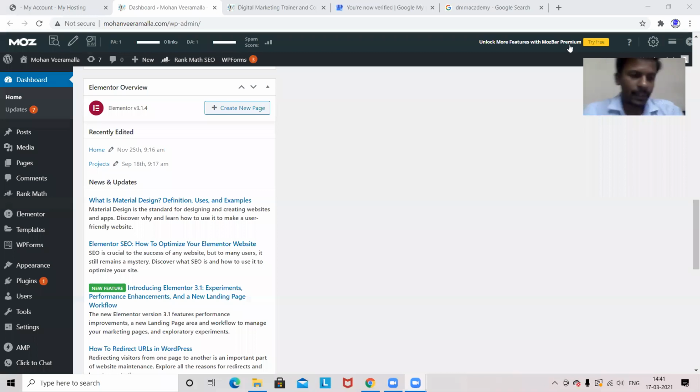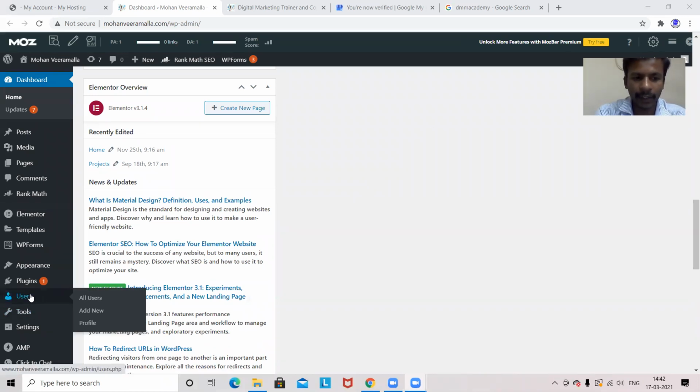Main thing, and we have to see the more number of installations in the plugin. That is the section. And users, I said already, we'll discuss once again. So see, if you want to give permission to somebody who can manage your website simultaneously, then you can give the user permission here.